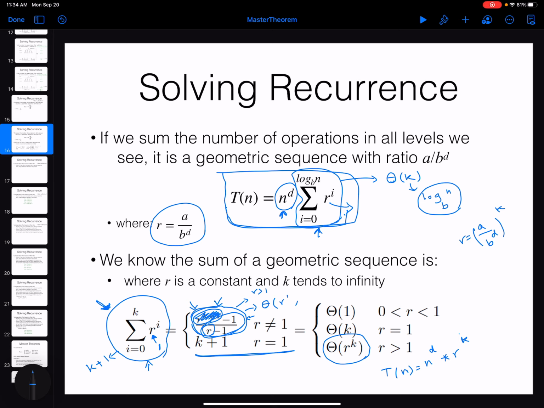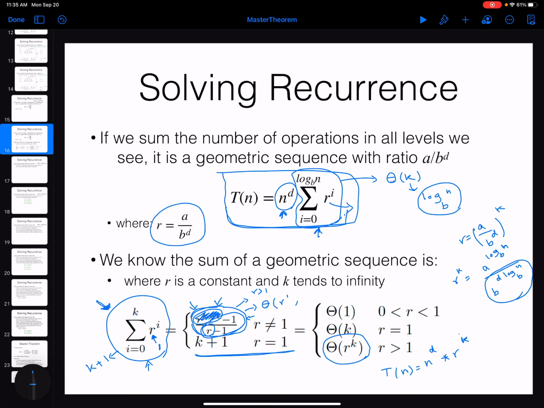So r to the power of k will be equal to a to the power of log of n in base b, divided by b to the power of d log of n in base b. Okay, so if I simplify this term,